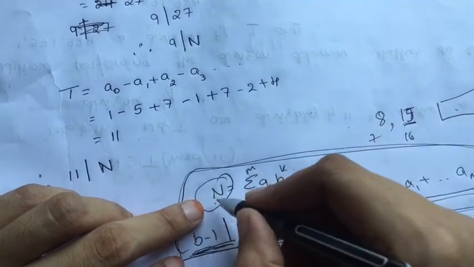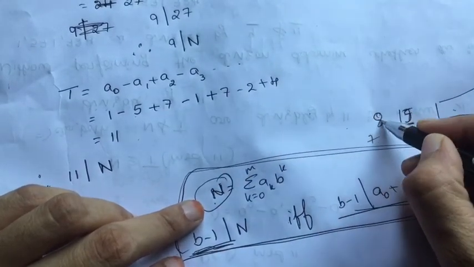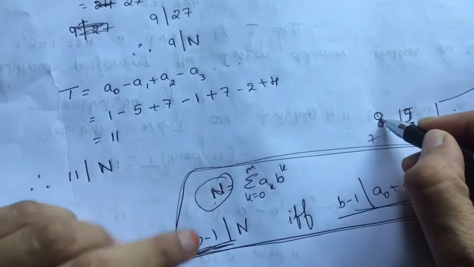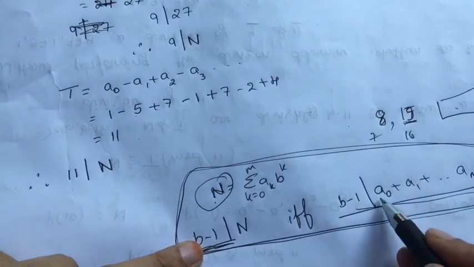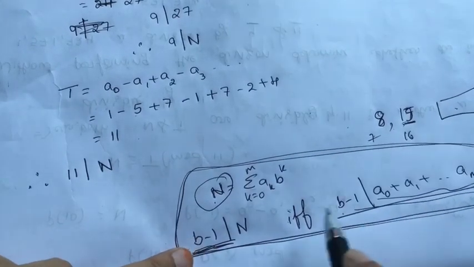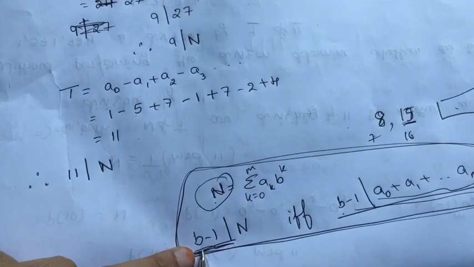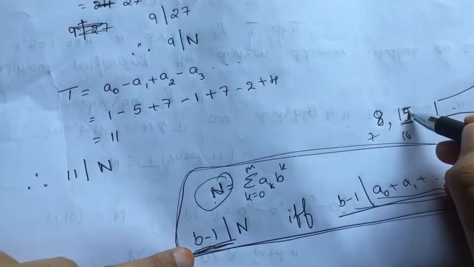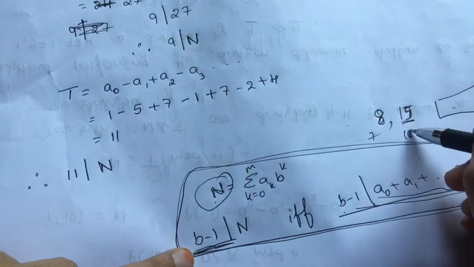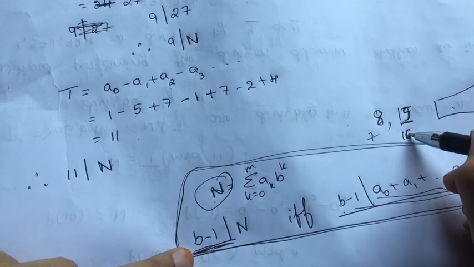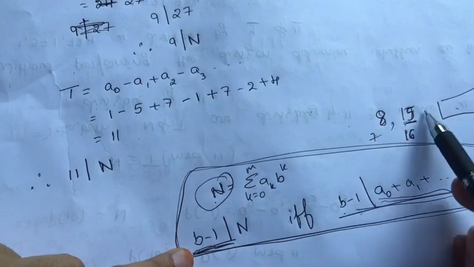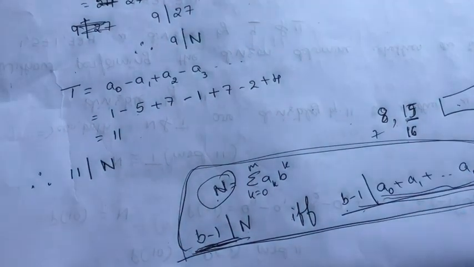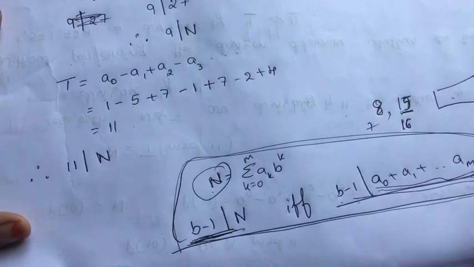You can write the number in decimal form, and then you check whether the number is divisible by 7 or not. If its coefficients are divisible by 7, then that number itself is divisible by 7. Similarly, if you have to check whether it is divisible by 15, then you have to write the number in hexadecimal form and take up the coefficients. If it is divisible by 15, then the number is also divisible by 15. I'll take up problems regarding this in my next video.